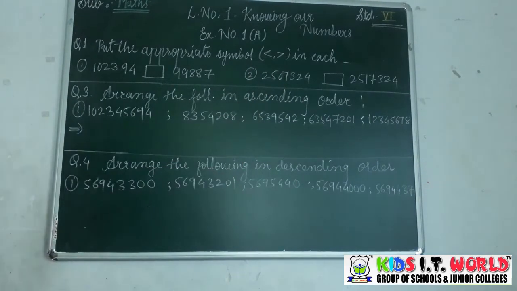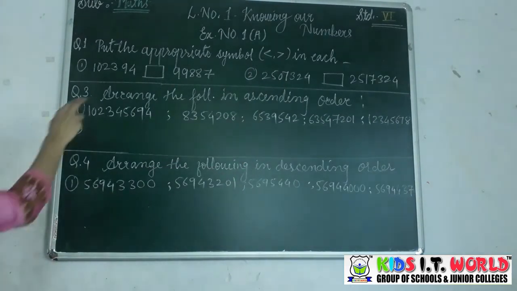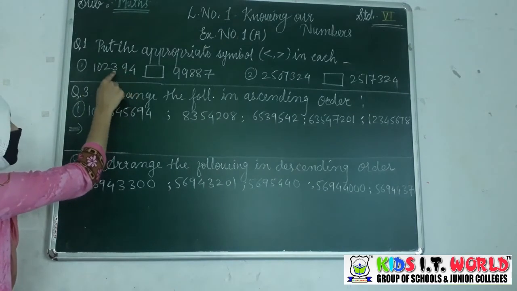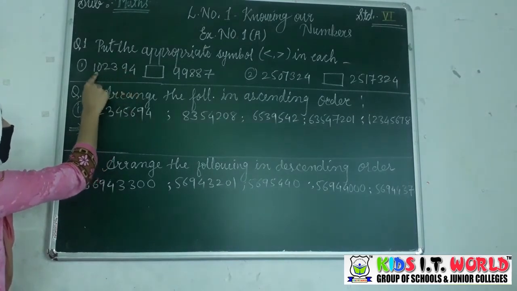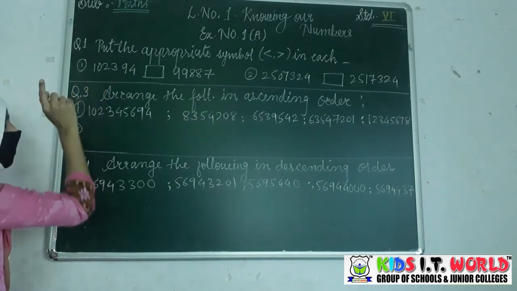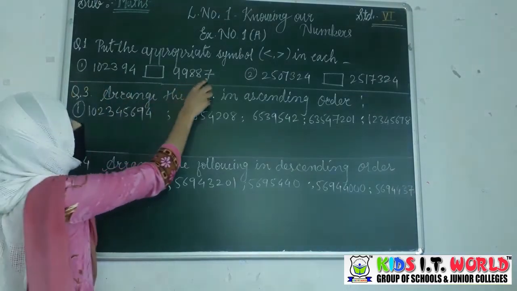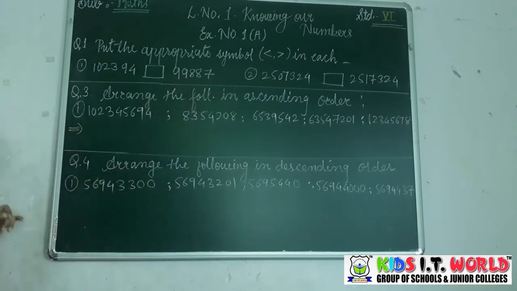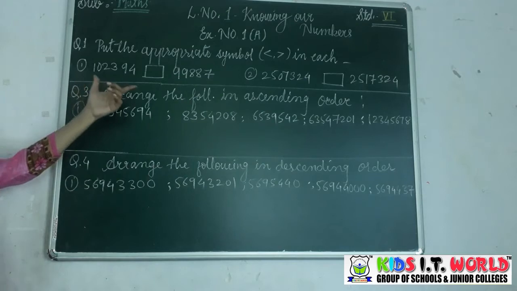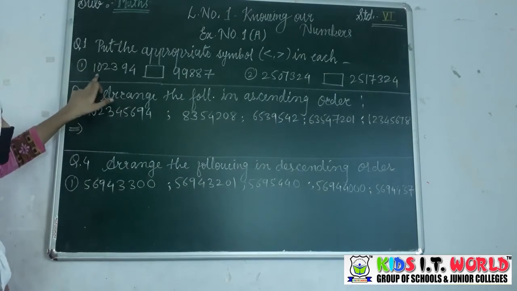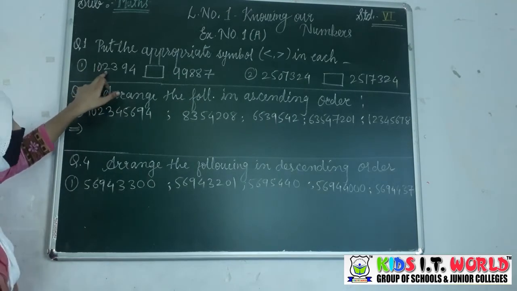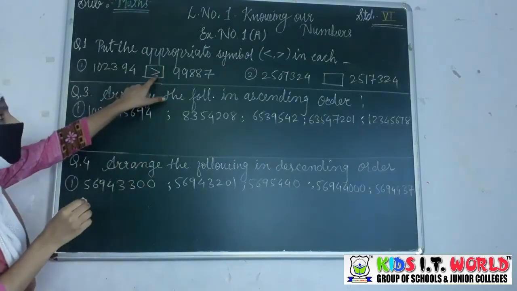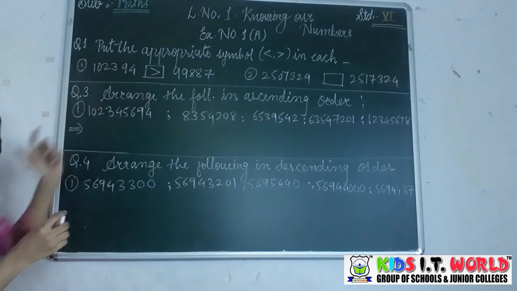In the first step, when you are comparing numbers, just count the digits according to their place value: ones, tens, 100, 1000, 10,000, lakh. Here the number is starting from the lakh. Here, ones, tens, 100, 1000, 10,000, the number is starting from 10,000. So from the digits, you can say which number is greater. This one is 1 lakh 2,394. This is greater than. Whichever number is greater, the face of the sign should be toward that number.